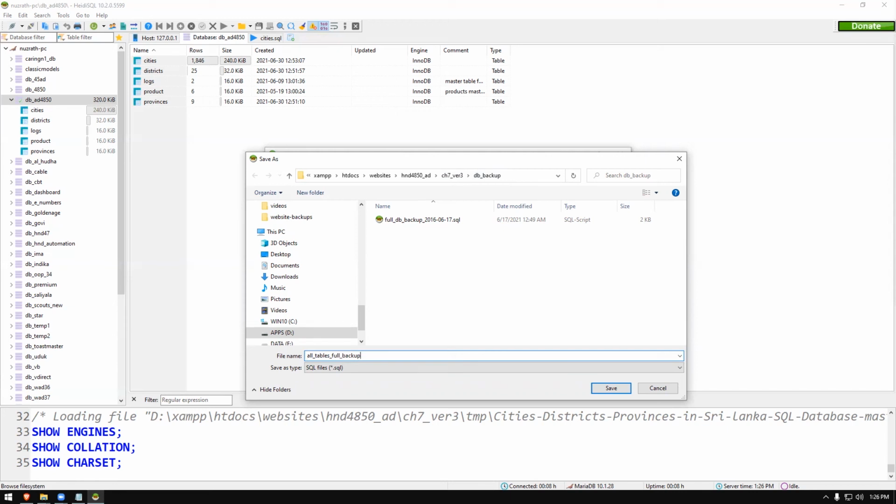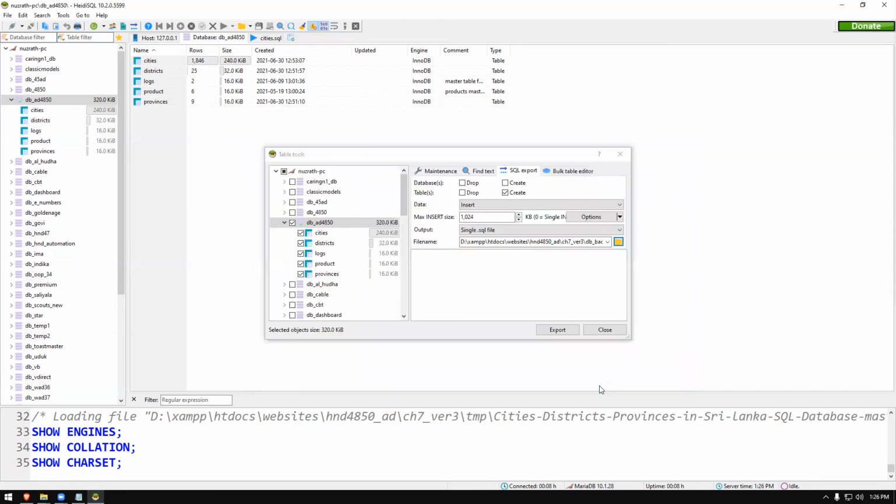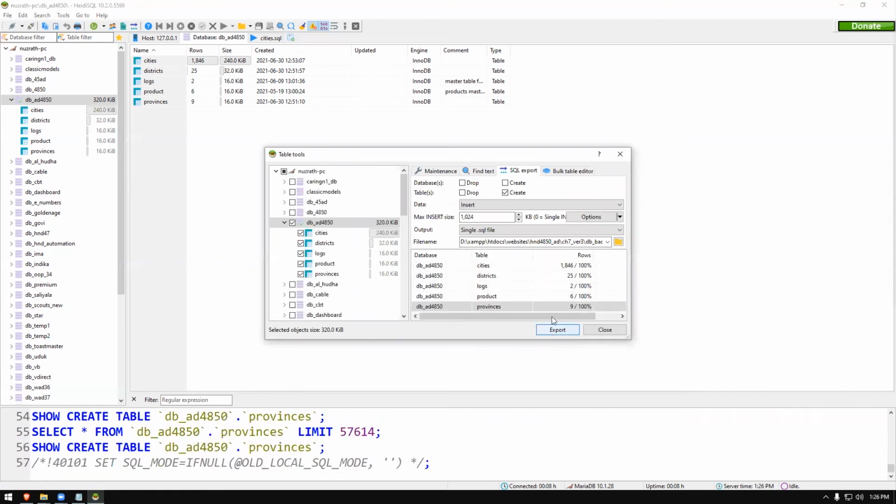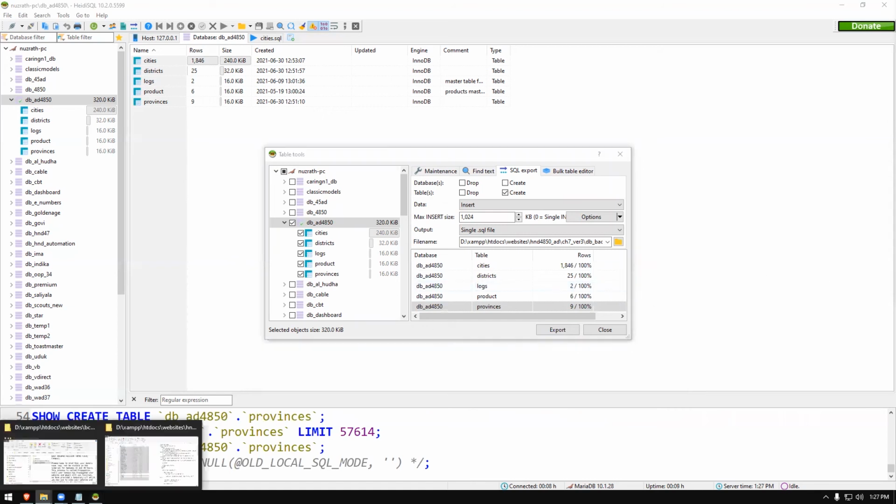Then we'll click on the save button. Then we click on the export button. Right? When you click on the export button, I'll show you the file also here.